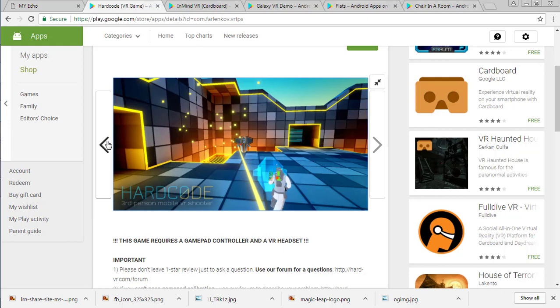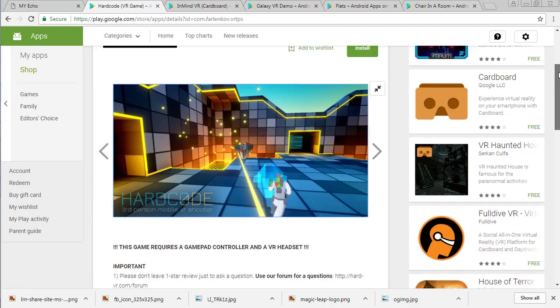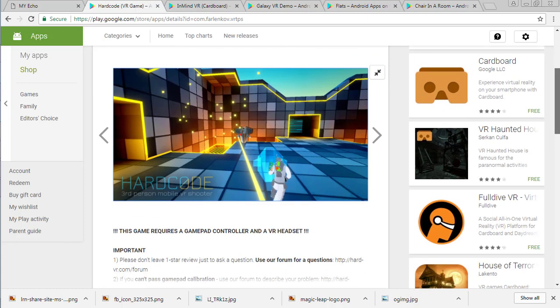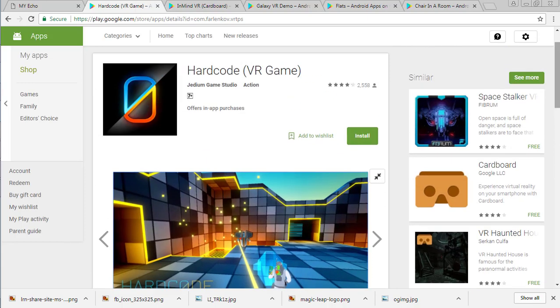Google Cardboard is the cheapest device which you can buy to experience what virtual reality is. And I will ask you to go and try virtual reality with Google Cardboard first. So if you really want to feel virtual reality and engage yourself with it, I will ask you to buy Google Cardboard and give this game a shot. It is a puzzle shooting game, a really nice game.